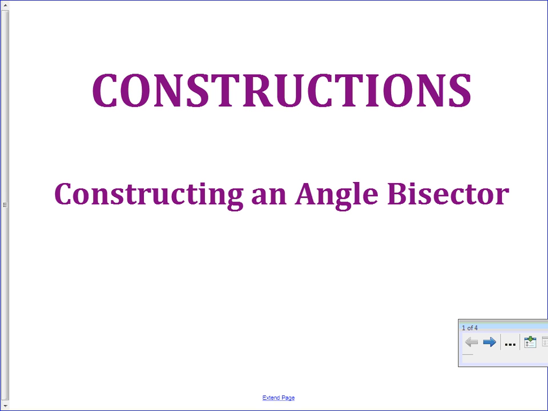In this next construction video, we are moving from constructing things with segments and lines to constructing an angle bisector. Now, an angle bisector. Bisect means cut in half. So what we are going to do is cut angles in half. Although we are using angles this time, these constructions are very, very similar to the constructions that we were